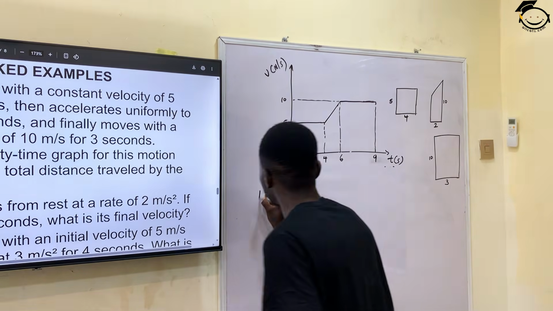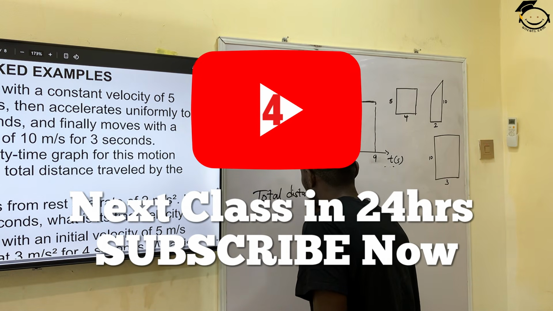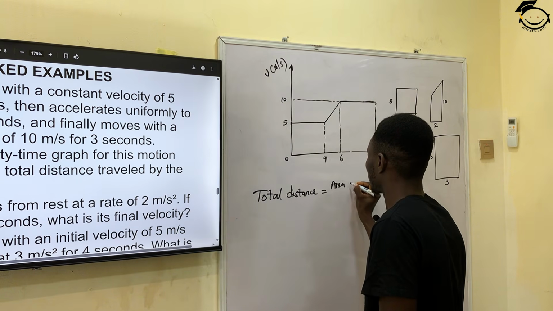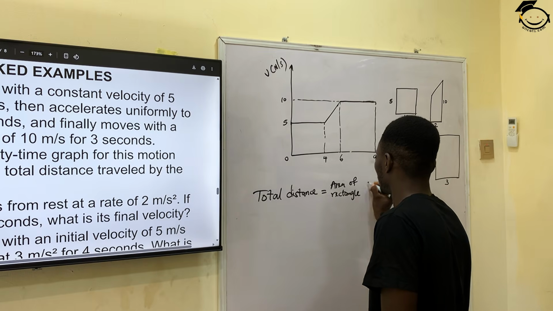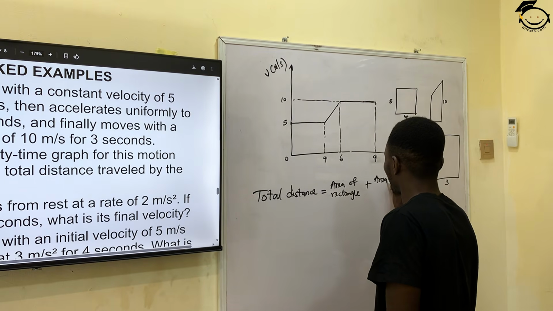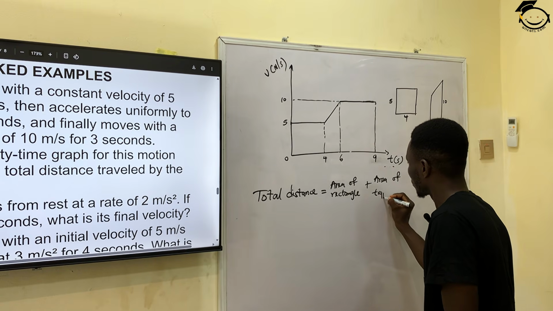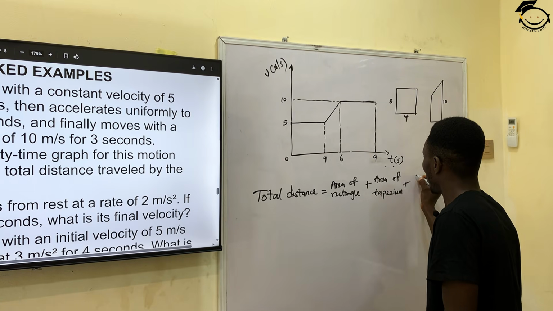It means that my total distance traveled is area of rectangle plus area of trapezium plus